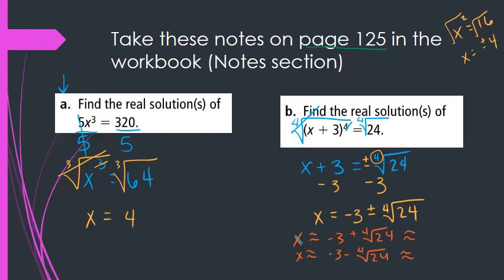So just give me 1 second to type that in. So this one will be about negative 0.7. We'll just round to 2 decimal places, so that'll be negative 0.79. The next one will be negative